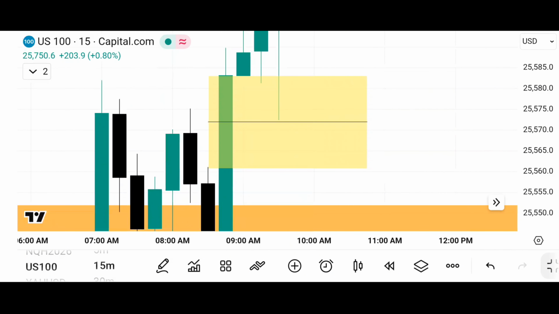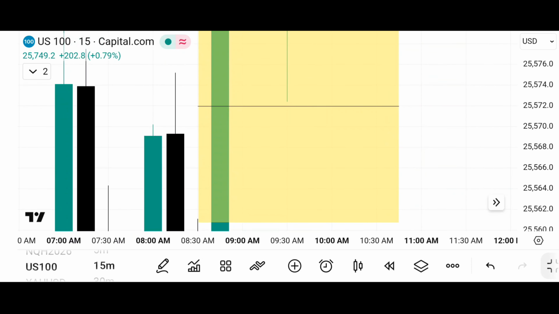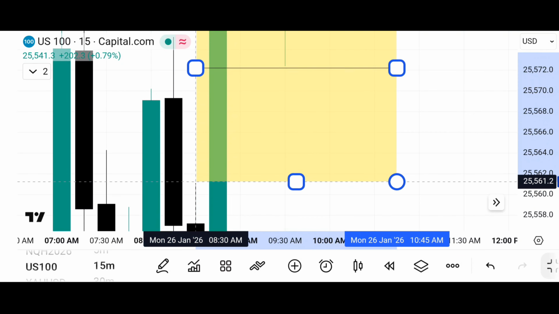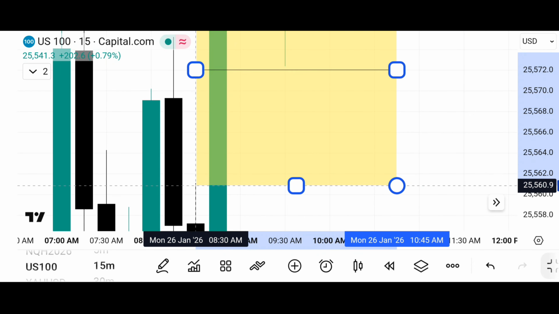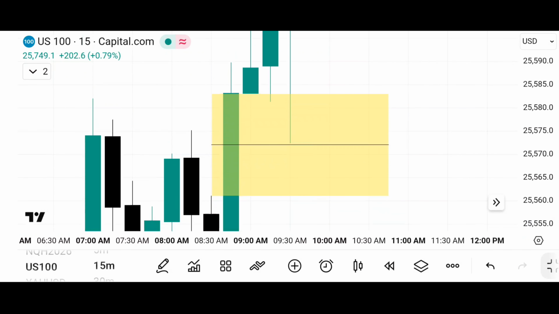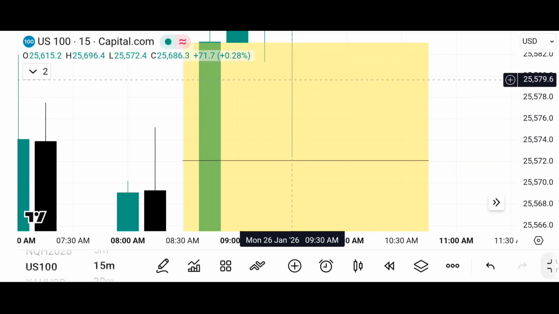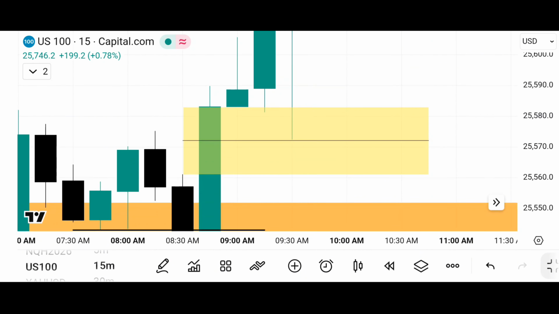There's your midpoint, and you can see price was not able to get to the midpoint of the fair value gap. This indicates bullishness. Price is strongly bullish,